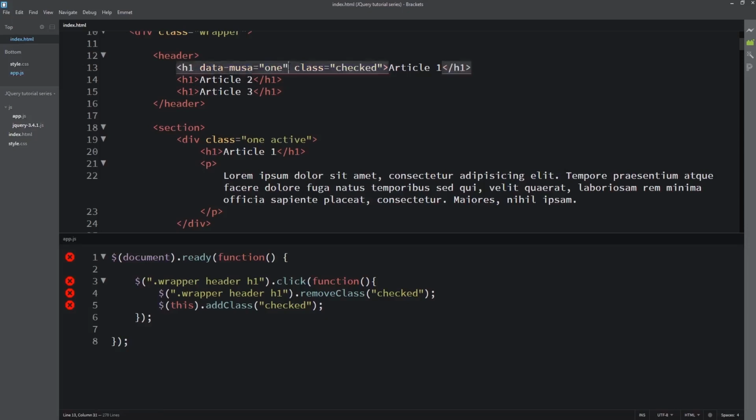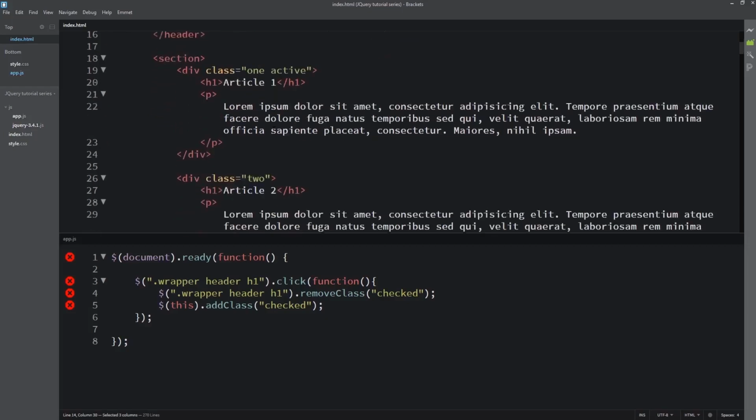So I'll copy this and paste it here. I'll call this one two, and this one three. So we get 1, 2, 3. It is very important that this attribute value matches the one right there.